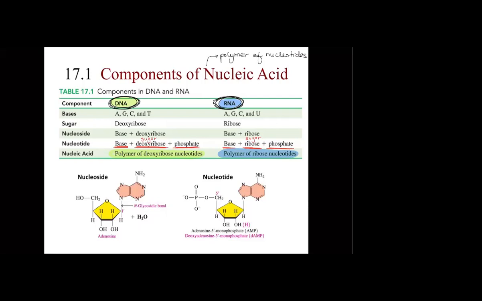If you only have the first two components, which is base and sugar, then understand that what you have is a nucleoside. So the nucleoside is going to be the version without the phosphate. Before we start incorporating the phosphates, that's what we know as a nucleoside. But understand that for nucleic acids, nucleotides is what we utilize. And you can see here in table 17.1 that we also have the list of the sugars.